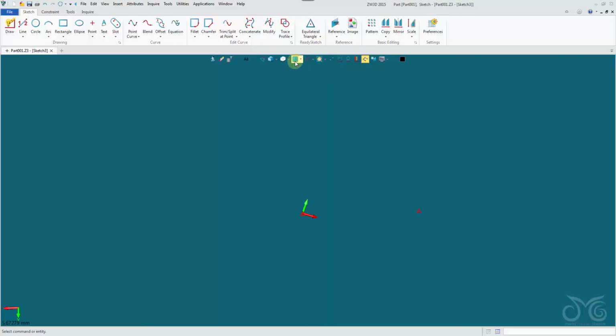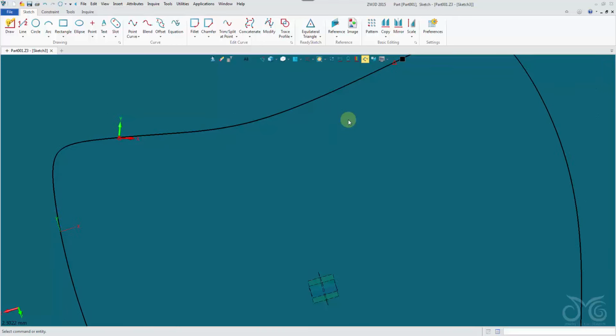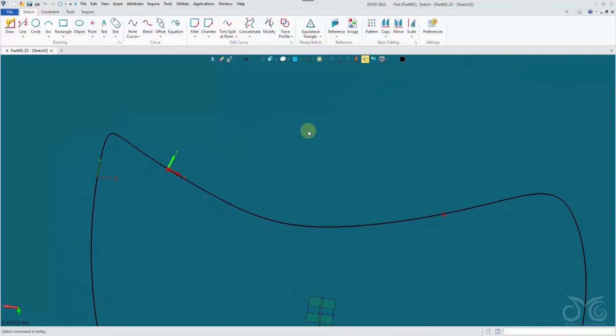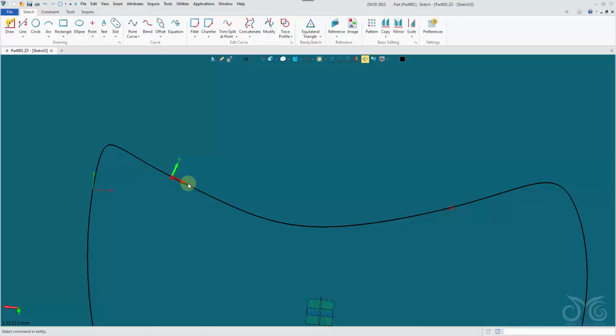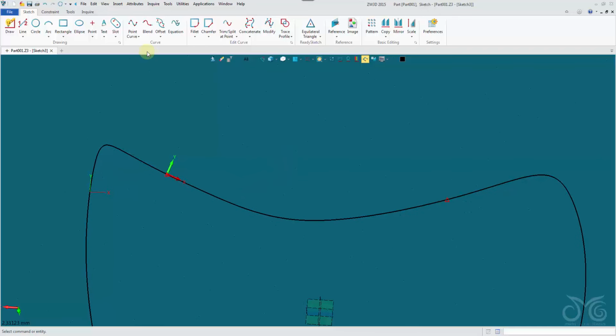Okay, now I'll come into plane view. Okay, you can see how the orientation is a little off. Maybe I should have rotated my datum plane about the Z to get the X pointing straight across, but it doesn't matter. I can account for that. I'm going to come in with a point curve now,